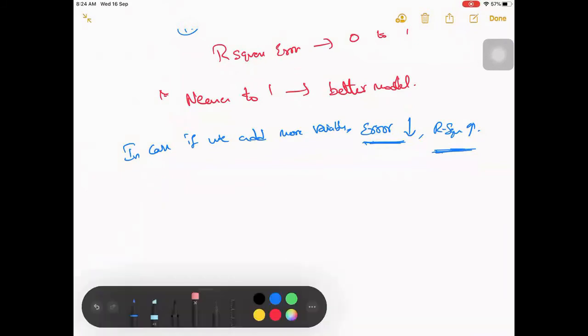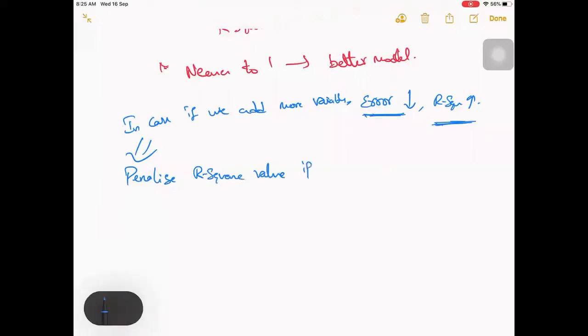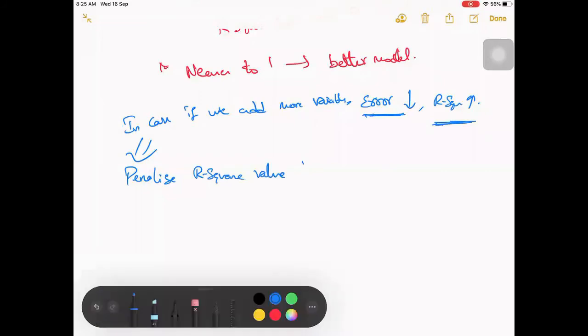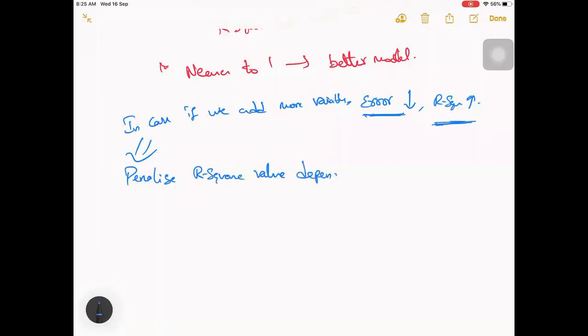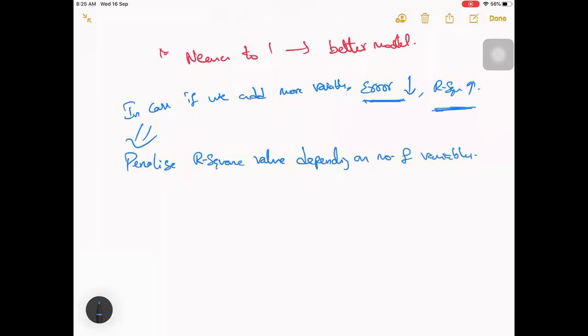So the solution would be to penalize the R square value depending on the number of variables. This will be the intention afterwards.